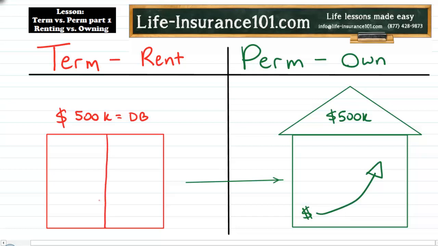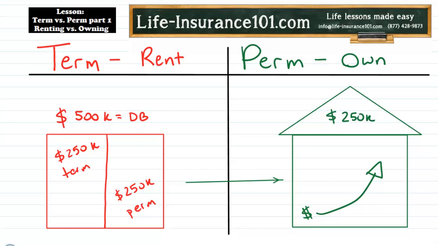Or you can do so for a partial amount. Say you wanted to keep $250,000 of term, but 5 years into your term you wanted to convert $250,000 into permanent. Well, you can certainly do so and just start building a smaller property on the sliver of land you wanted to convert. And when it comes to choosing a convertible term product, it pays to know something about what kind of neighborhood you're going to be building in. This would be comparable to the insurance company's financial strength, as well as how capable the builders are. And this would be similar to how competitive that insurance company's permanent products really are.